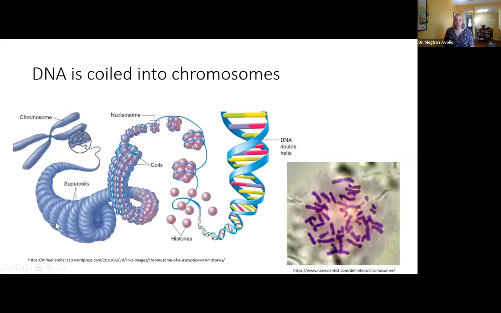So DNA is inside individual cells, and DNA is coiled into chromosomes. When we think about plants a lot, we think about ploidy and how many chromosomes they have. And so here's an example of how this double helix of DNA is wrapped around all these histones, and then these histones aggregate into different levels, and eventually everything turns into chromosomes. And here's an example of stained chromosomes from some kind of species that I got from the internet. But this is generally what they look like.